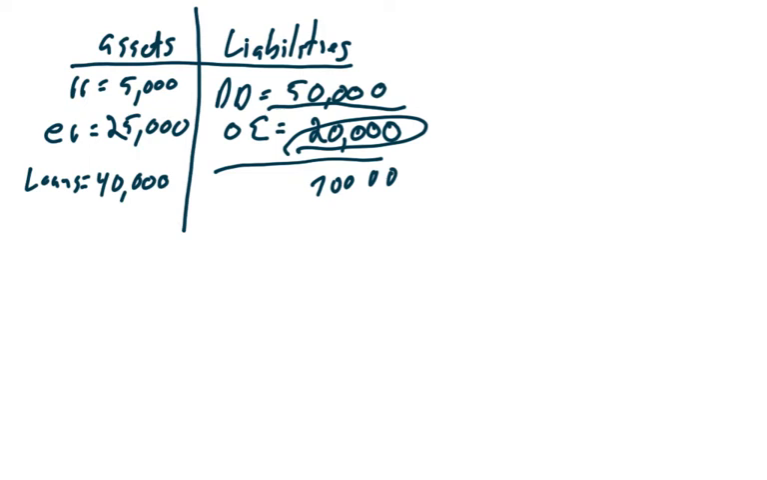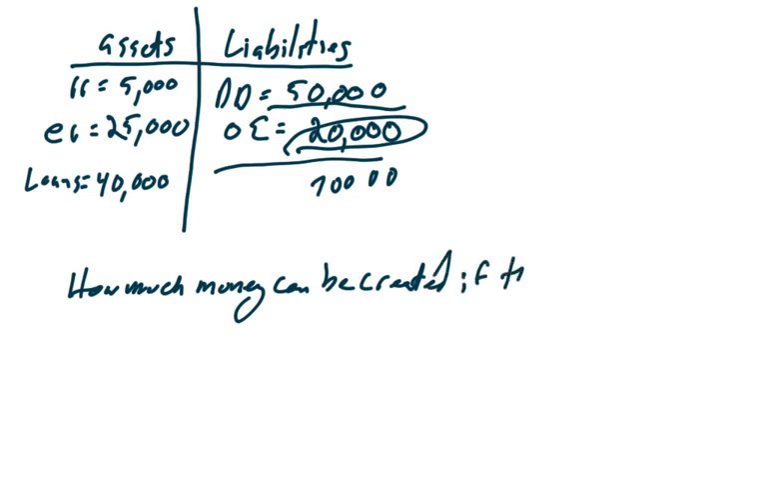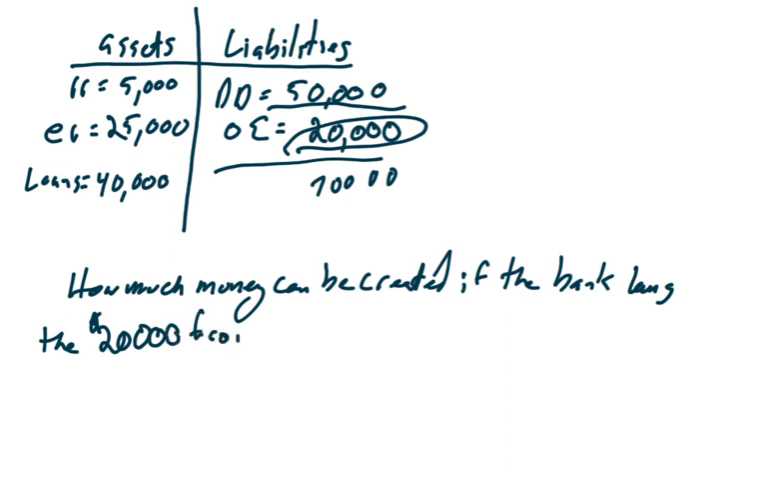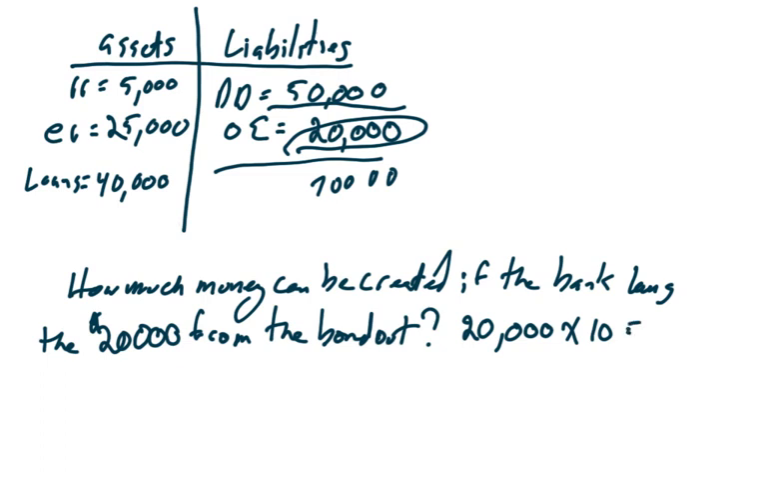So, right, how much money can be created if the bank loans the $20,000 from the bond out? If the bank loans that $20,000 that they got from the bond out, how much money could be created? Well, we need to multiply the $20,000 times the money multiplier, which is 10, and we're going to get